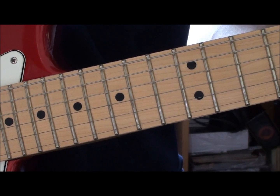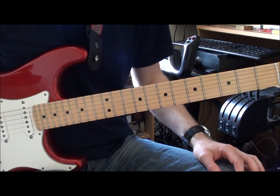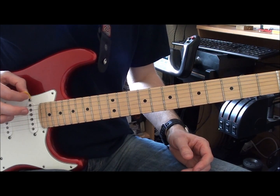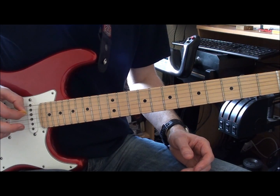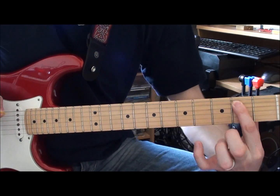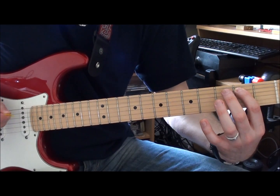Now we'll move on to the main verse. Okay, here is the first part of the verse. You're starting with an open E string, then to the open A string, then you're playing a B, which is the 2nd fret of the A string, to a C,